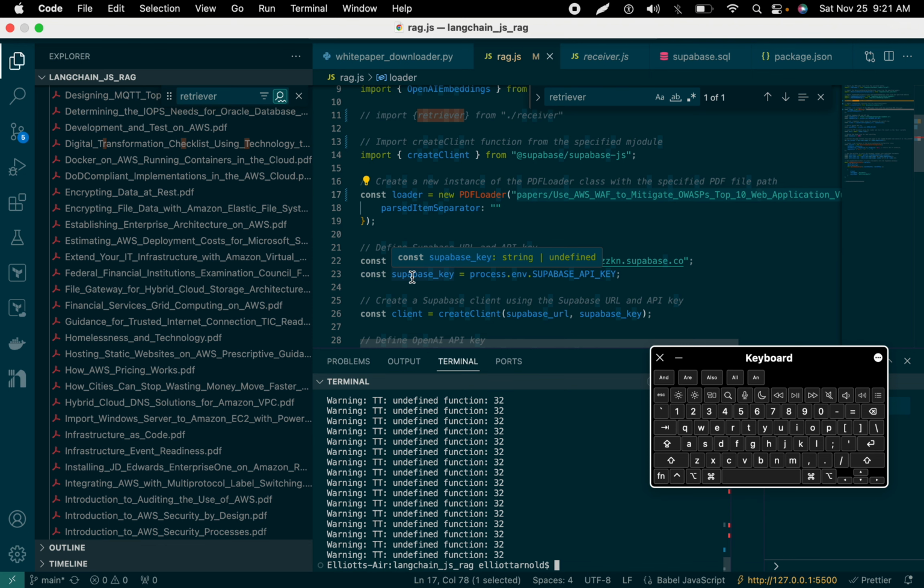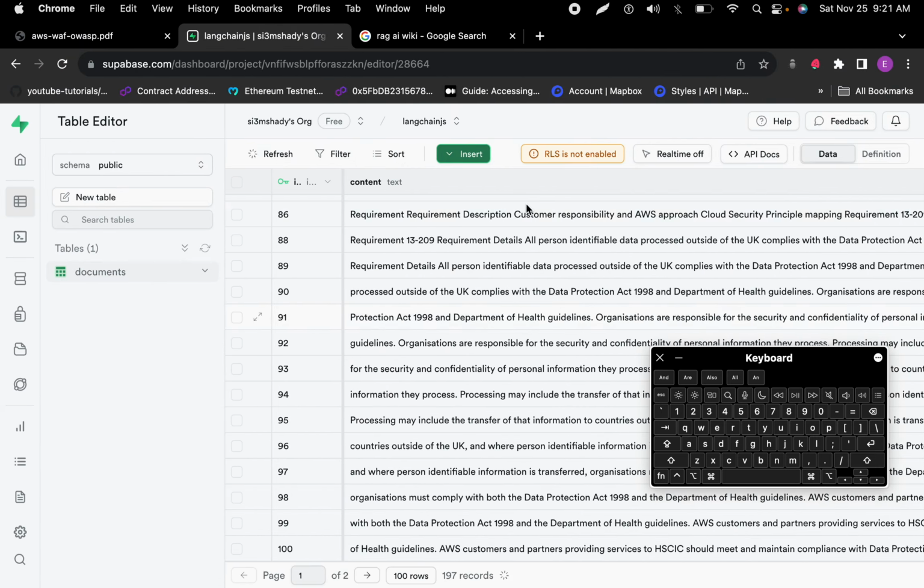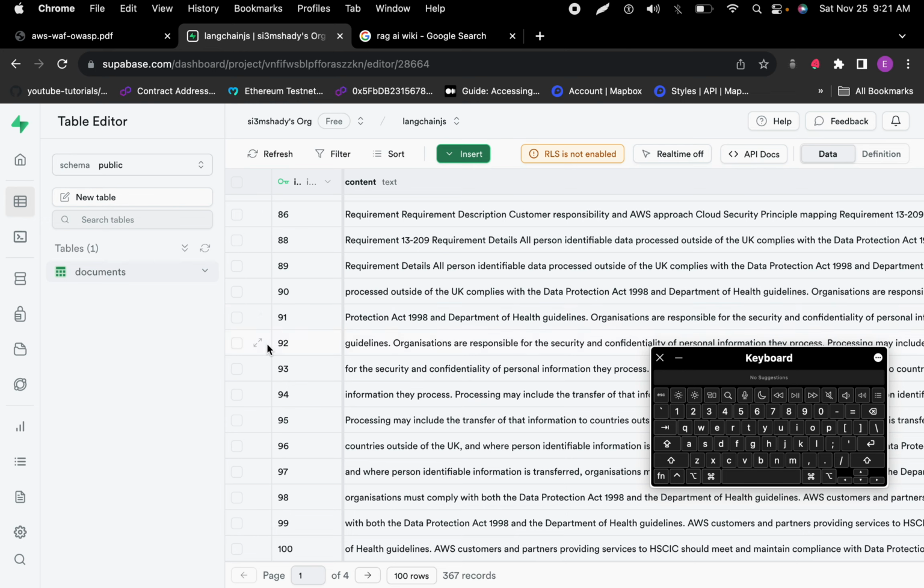But what this is doing is, I'm using a library called Langchain, and there's a feature inside of Langchain that handles PDFs. So it's going to parse that PDF, extract the text out, and upload it to this Supabase Vector Store, which is a database. So it uploaded it here. So if I refresh this,